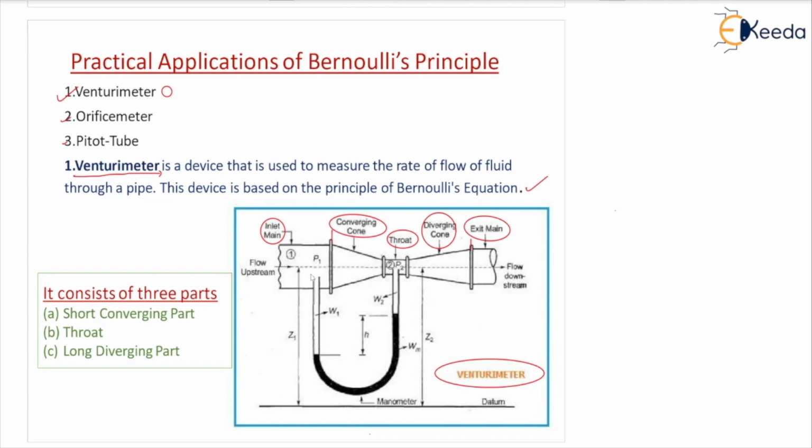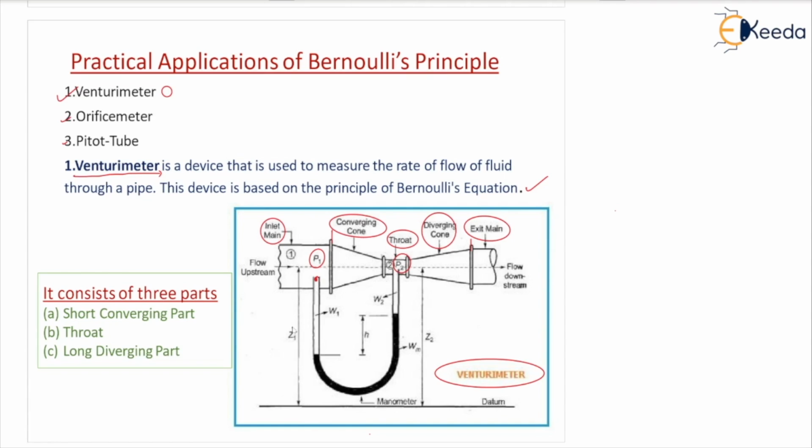P1 is the pressure mentioned here near the converging cone where it starts, or you can say at the point where the manometer is connected, the P1 point. Any point you can take on the streamline, so that will be your initial point. And P2 we mostly take on the throat. Where P1 and P2 are to be taken depends upon the given question. By experience it will come. Generally P2 is taken on the throat area and one point is here near the inlet section.